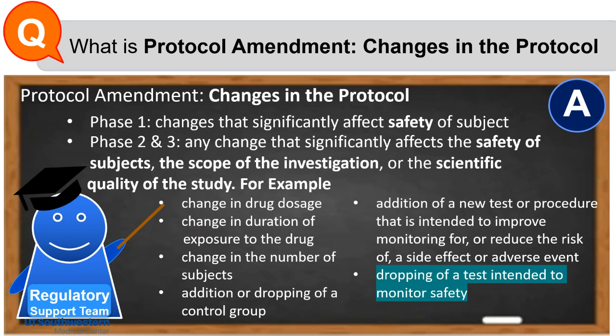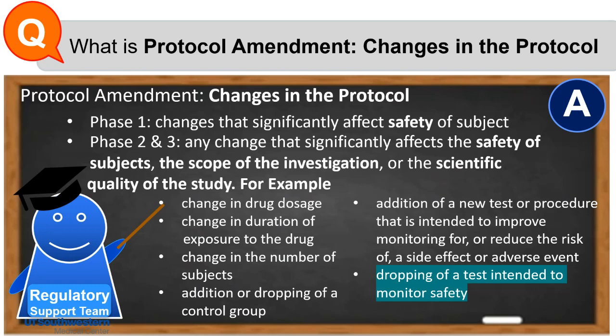Like protocol amendment for new protocol, there is no required 30-day clock with a change in protocol amendment. But again, it is always better to check with your FDA project manager before proceeding to ensure the review team does not have any concerns.